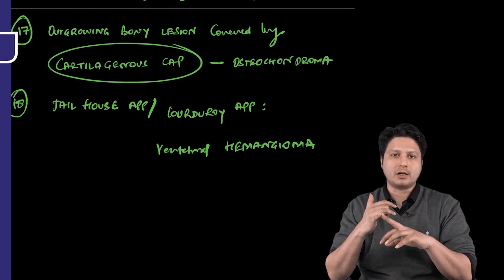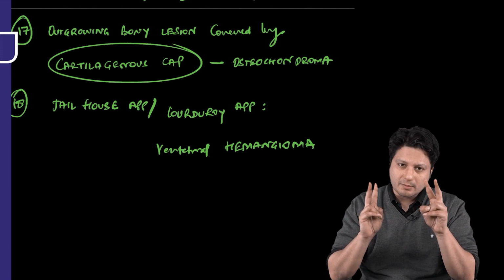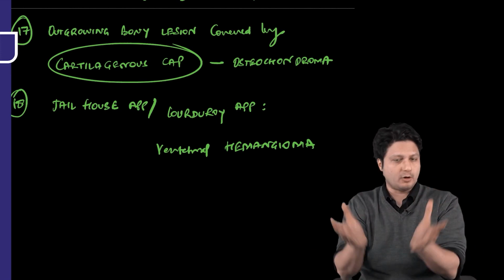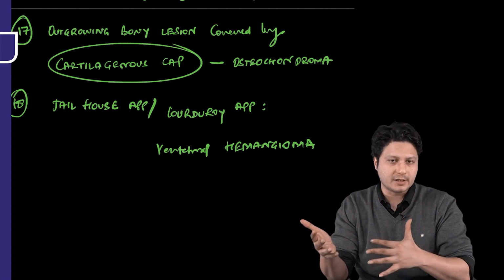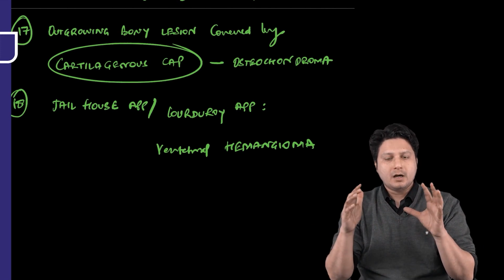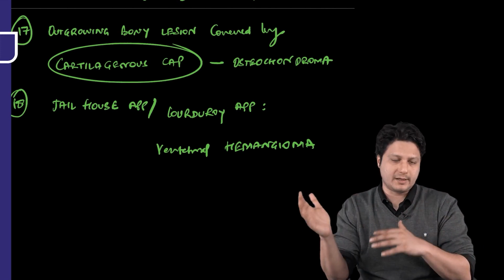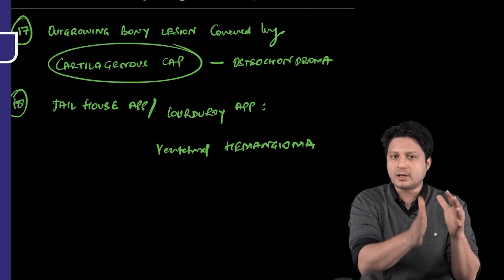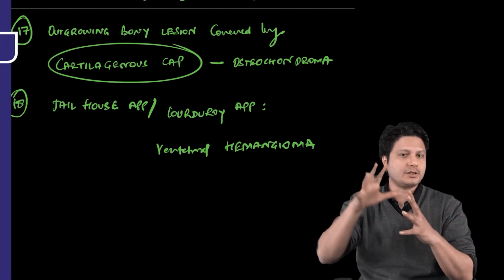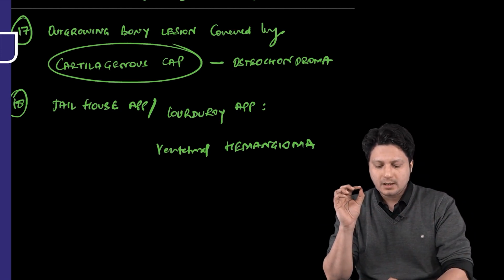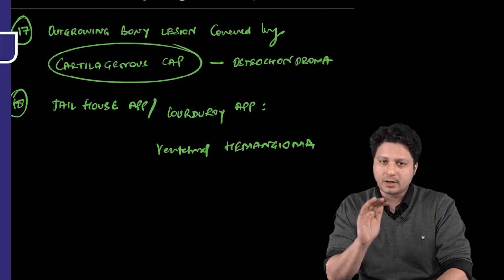The first one was for the location of the tumor. Then the second one is the most common tumor. The third one is the most common tumor of the bones overall. Fourth one is the radio-resistant tumor. The fifth one is about the age predilection, that is, how the age, which is provided to you in the question, will help you in reaching the diagnosis. And finally, the X-ray appearances of that particular tumor.